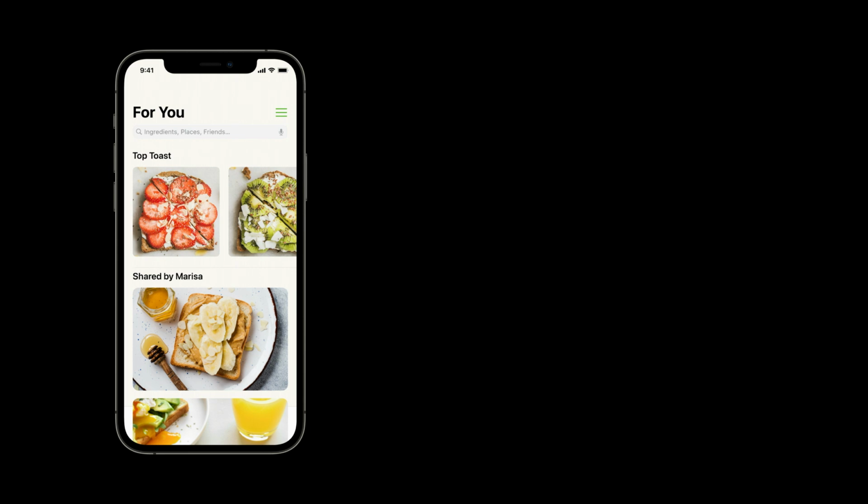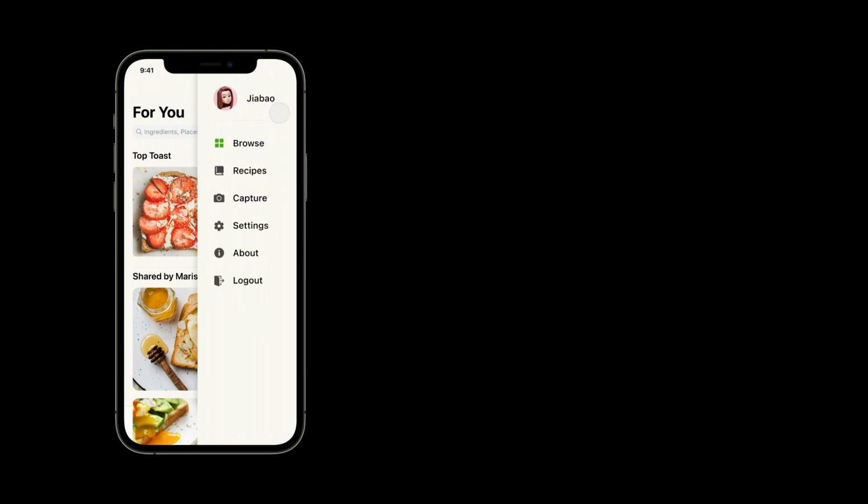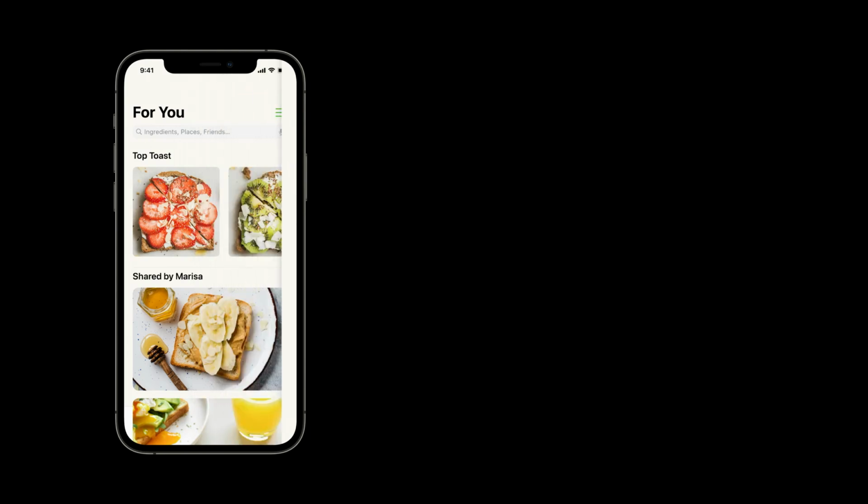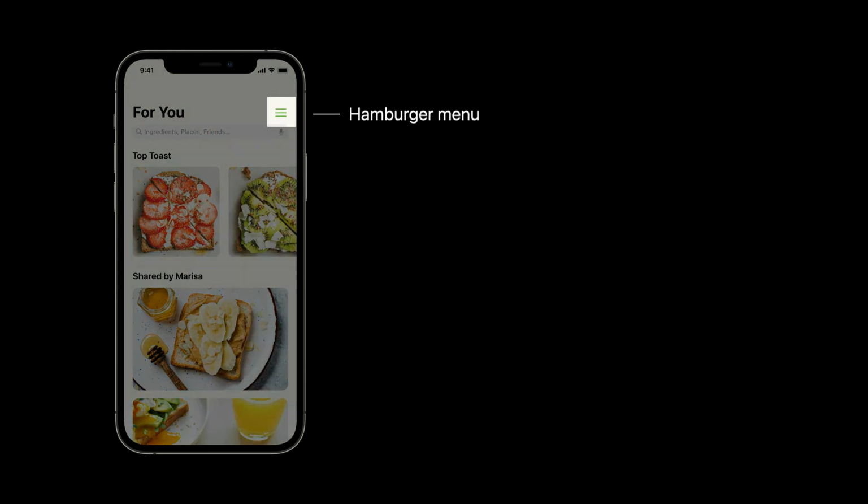Great. So we have our 10 main features, and we know people love clean interfaces, so we just throw all the non-essential features into a menu. Clean and easy, right? You may have seen this icon before. It's called the hamburger menu. We tested our interface in the hands of people and found out that when the hamburger menu is closed, people don't know what's inside.